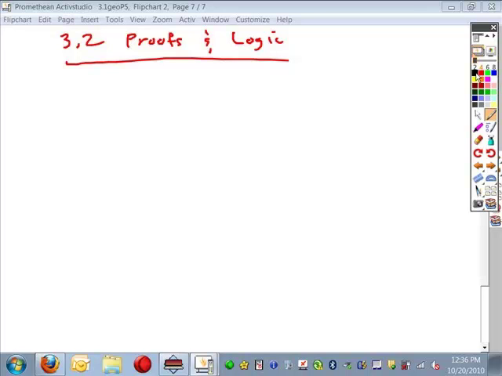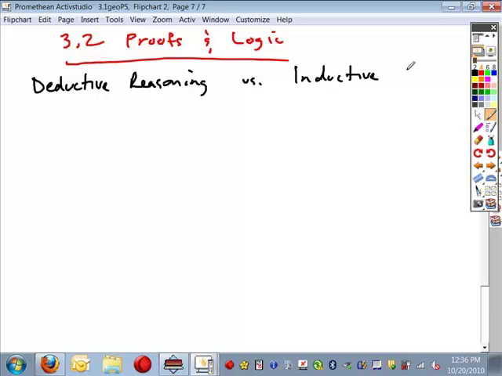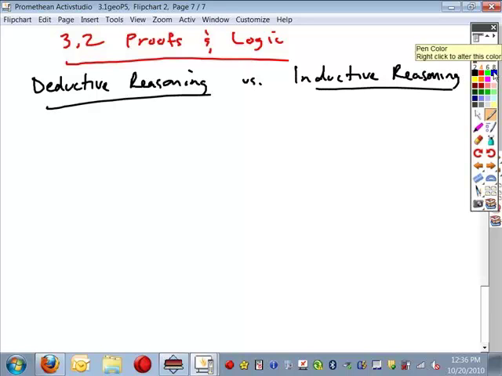Okay, there's two types of reasoning that come into play. We have deductive reasoning versus inductive reasoning. Okay, when you're looking at the deductive reasoning,